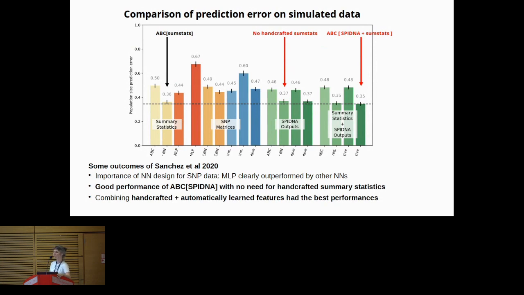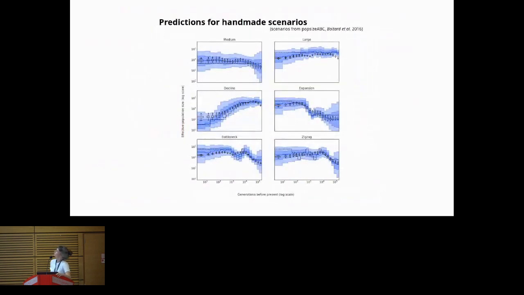But that could mean there is some information missed by the summary statistics, but we have maybe a bit of a hard time getting it with this network. And we applied that to simulations where we have a constant population size. The black lines are the truth, and the blue envelope is the posterior distribution that we get by applying the ABC on the network. You can retrieve constant population size, decline, expansion, and some more complicated scenarios, but not always extremely precisely.